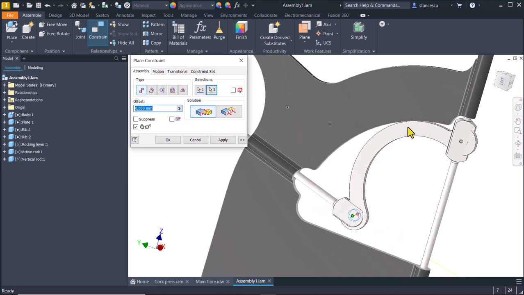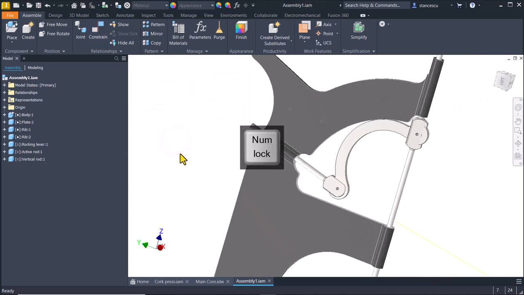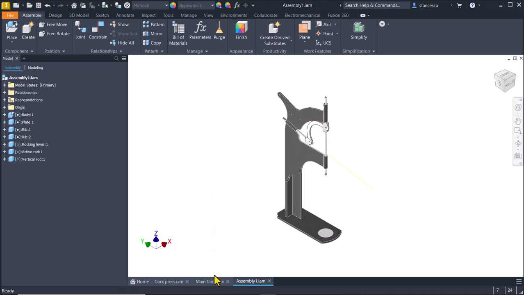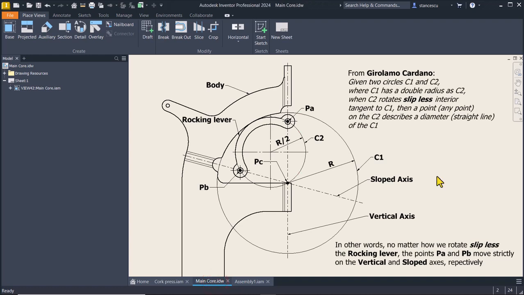You see, we place here tangent. This is an important constraint. Then we place the 2 points on this axis. You can see this marvel combination by taking